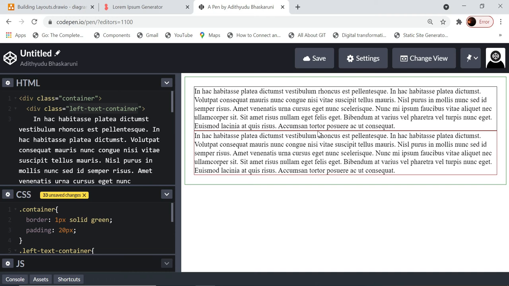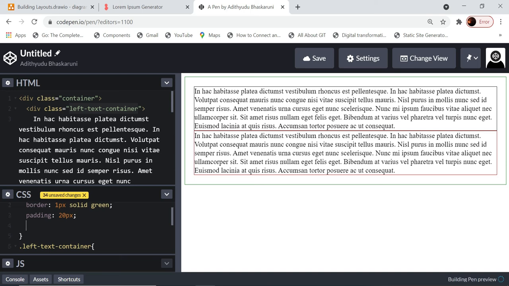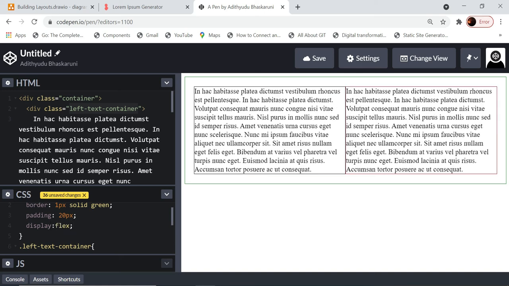So now we need to somehow specify that they need to come one beside another. We use Flexbox to tell exactly that. So how do we tell that? We'll say display flex. Once we put display flex, you see they have arranged side by side. Why did this happen?